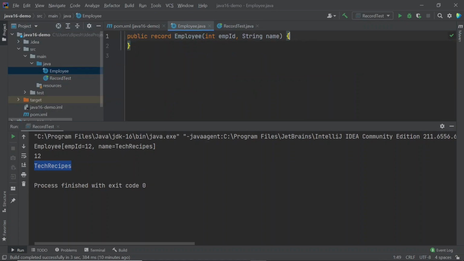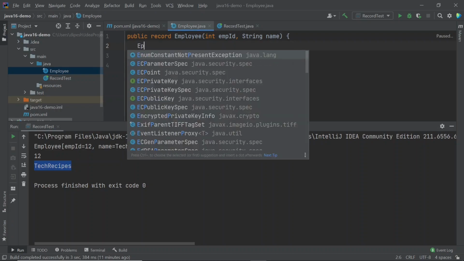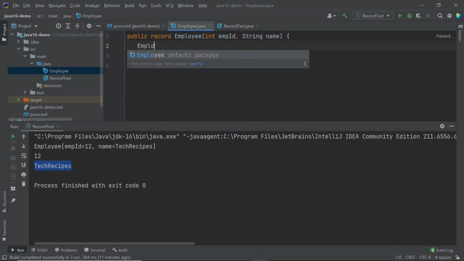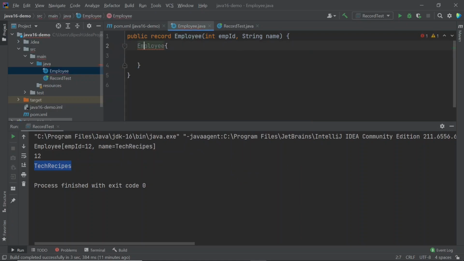If you want to add any checks, you add a new constructor here called a compact constructor. You need to define it as public. We don't need to define parameters, and this is a very compact syntax, so we can simply reference these values here.